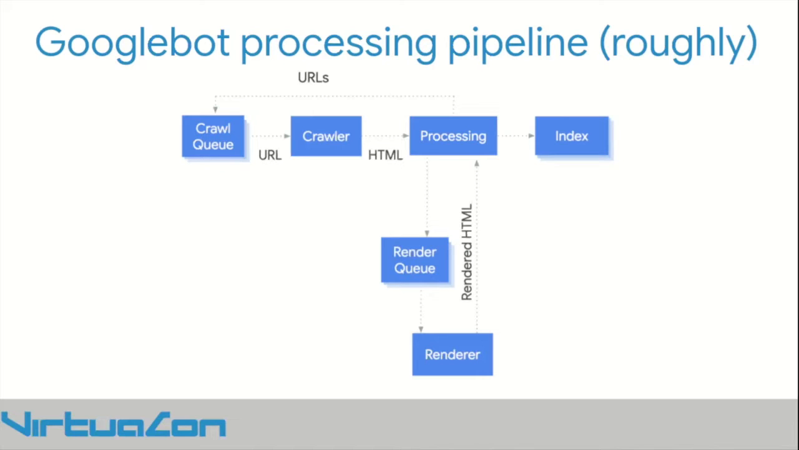We look at the canonical in multiple stages, but this is one of the stages where we look at the canonical that you tell us to look for. We look at meta robots, we look at the X-Robots-Tag header to see if you want us to follow links or if you want us to index the page and stuff like that. We look at a bunch of signals coming from the initial HTML, but we also enqueue it,